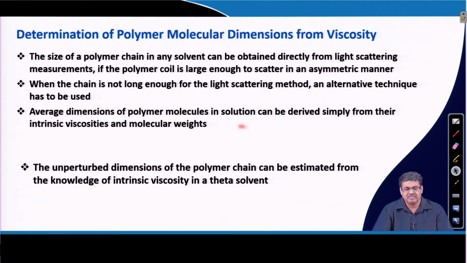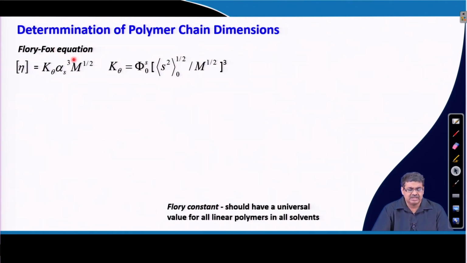An average dimension of a polymer molecule in solution can be derived simply from its intrinsic viscosity and molecular weight. We have seen this expression, that the hydrodynamic volume at very dilute solution is given by this expression, where M is the molecular weight, this is the intrinsic viscosity, and this is Avogadro number. And the unperturbed dimension of the polymer chain can be estimated from the knowledge of intrinsic viscosity in theta solvent. I will come to that. So, we have seen the Flory-Fox equation, where intrinsic viscosity is given by this expression, where K theta is given by this,